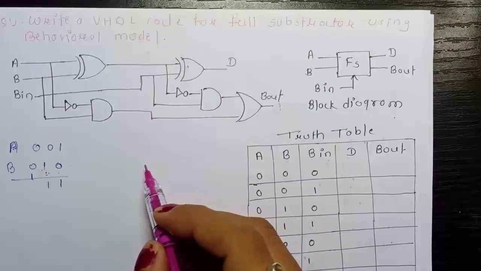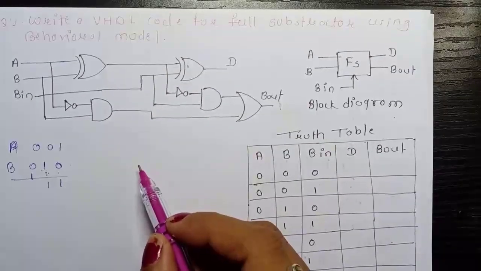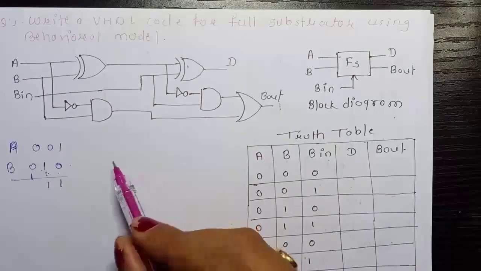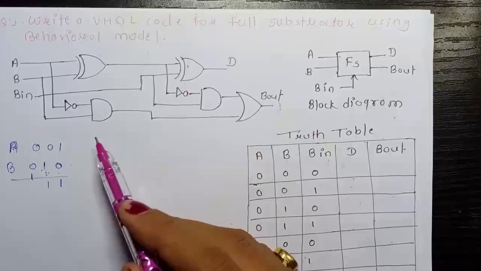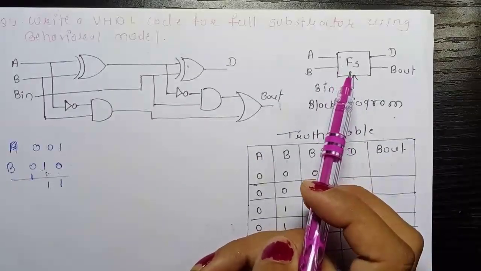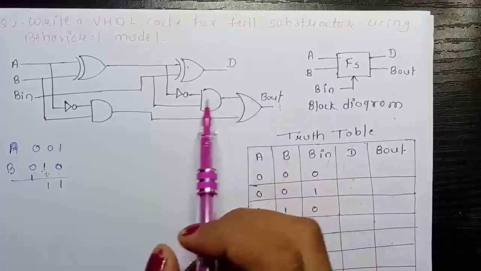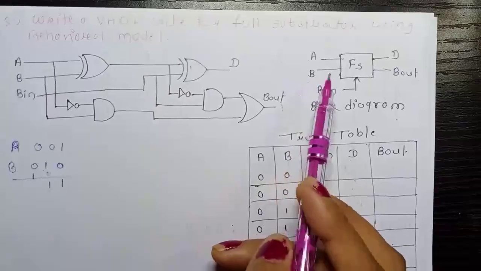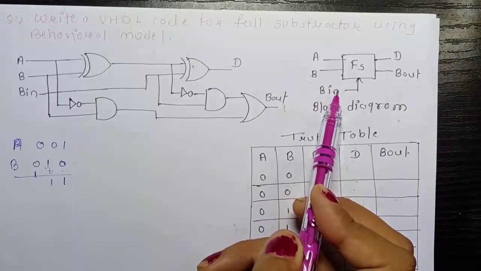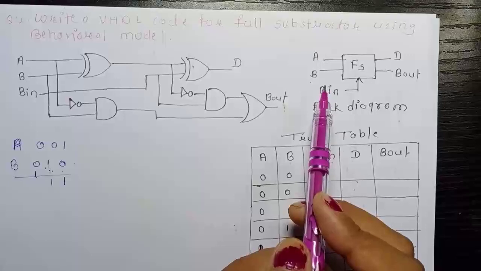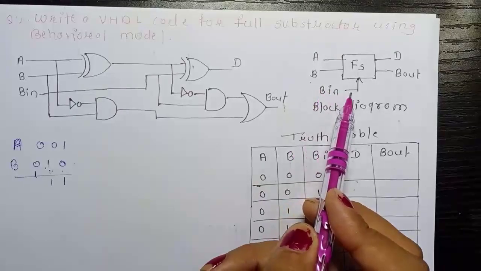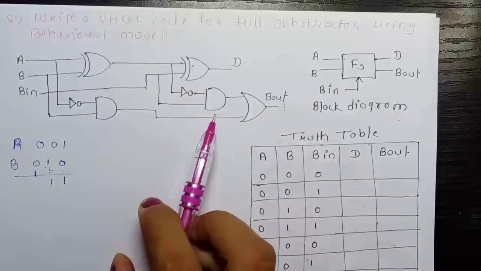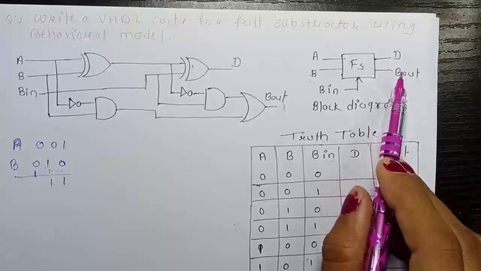So the definition of full subtractor is, it is a combinational circuit used to perform subtraction among 3 bits. So here, this is the block diagram of full subtractor, which is having 2 input bits, that is A and B, with borrow in. So here these 2 are the 2 single bit numbers and this is the borrow in. So totally we are having 3 inputs in full subtractor and outputs as difference and borrow.